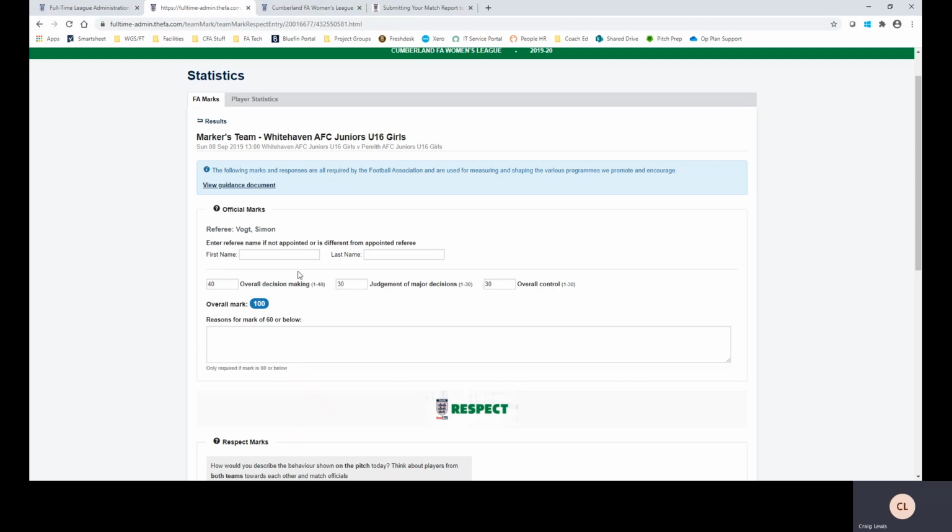What we're looking for here is marks out of 40 for overall decision making, out of 30 for judgment of major decisions, and out of 30 for overall control. As you can see from this game here, the referee is being given a mark of 100, which is top marks for each section. However, if there is a low score or a mark of 60 or below, we do ask that a rationale or reasons behind why such low scores have been entered into the system to be articulated